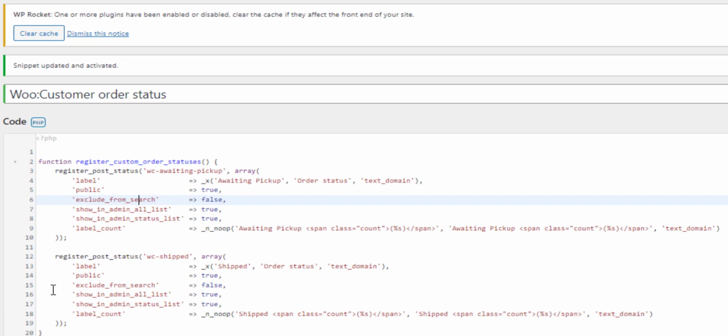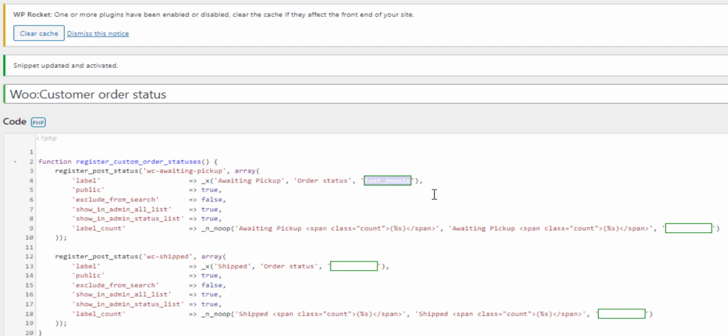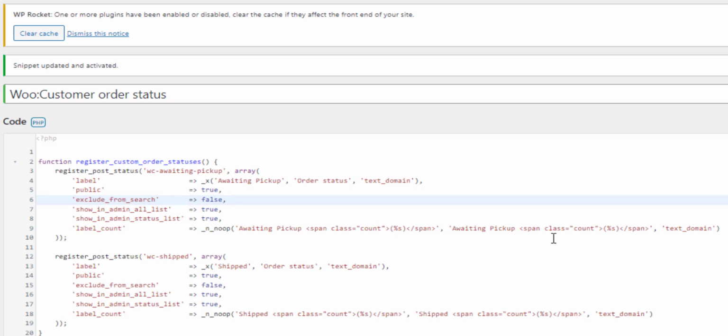Let's talk through the code. So we have this part here where we register the new post status, WooCommerce awaiting pickup and WooCommerce shipped. And then in this function we have our labels, whether it's public, exclude from search, show in admin, etc. So if you're going to do this on your store, all you need to do is change the text. Perhaps you can set the text domain to match your site, and then some labels on the counts, that kind